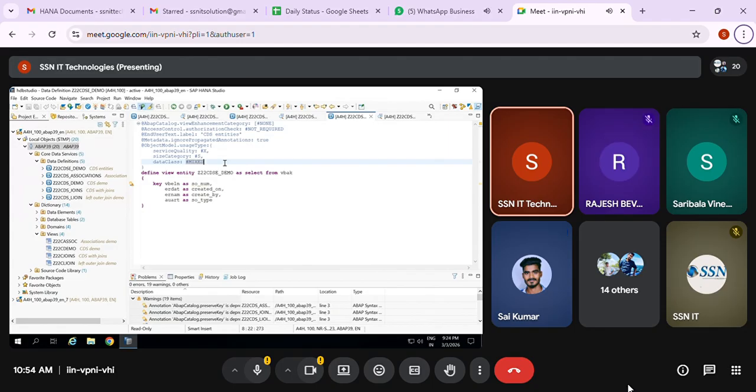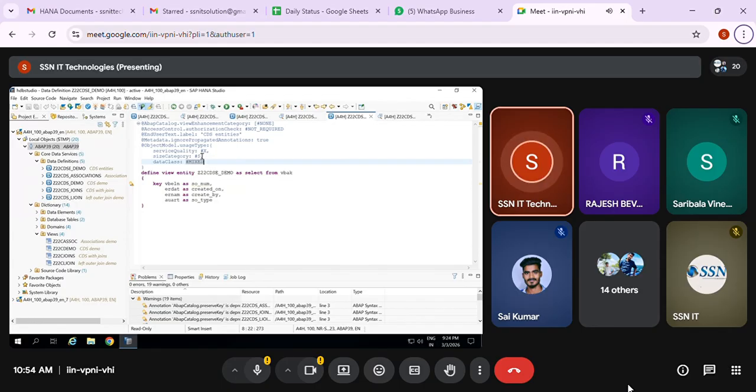So this annotation is very important in define view entity, because based on your data, based on what you are fetching, you can choose this. Based on that, the performance of your CDS view entity will be improved. If I'm getting invoices but I say size category is small, then performance will slow down.